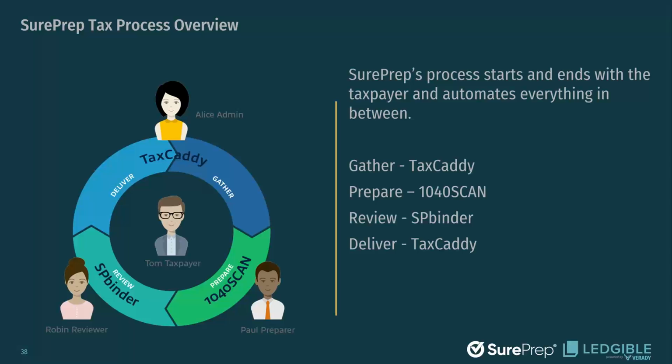But that happens in the prepare phase. And then the lower left quadrant, what we call the review phase, you've got the bookmarked and organized source documents, so all of the W-2s and 1099s and the 8949 and everything that you need to prepare the return in a paperless work paper system that we call SP Binder. Makes it really easy for preparers to finish their work and for reviewers to review the work and sign off